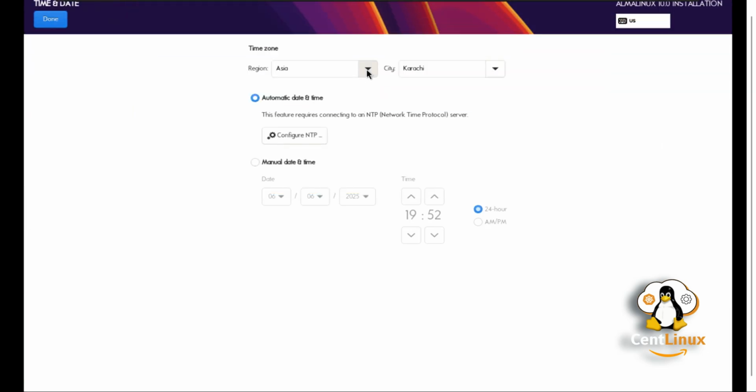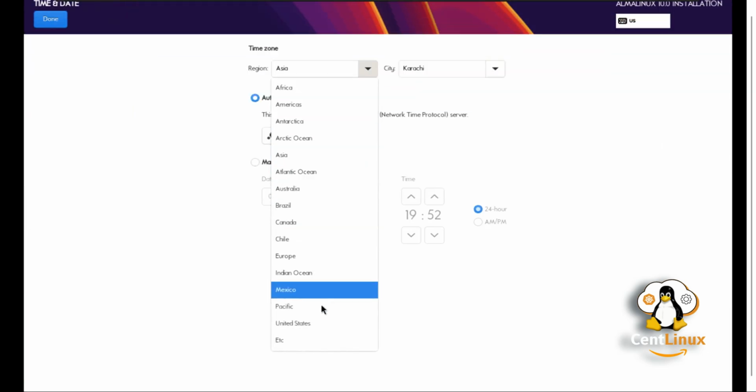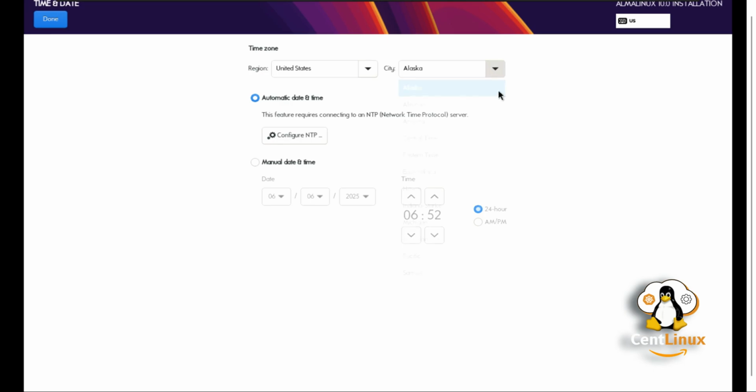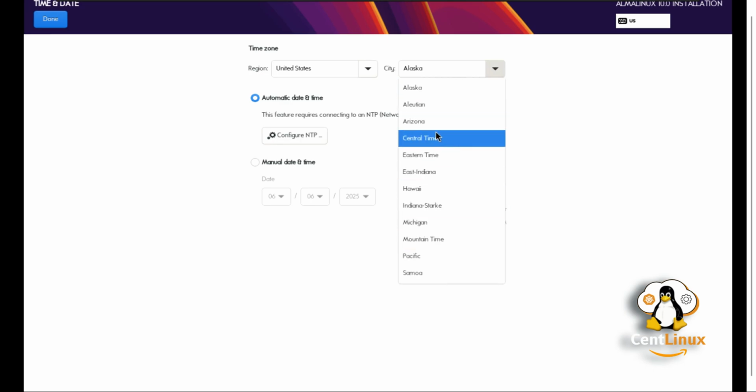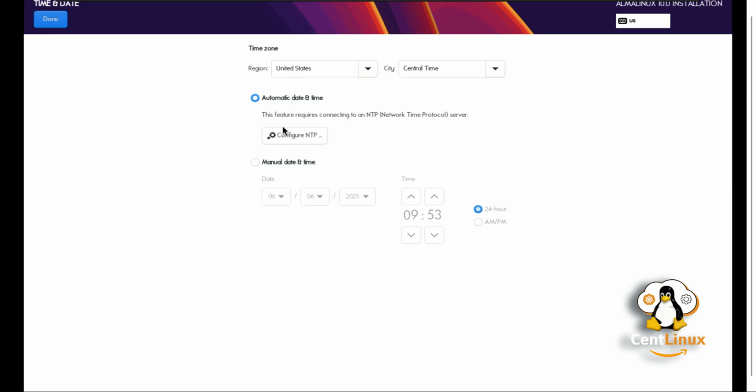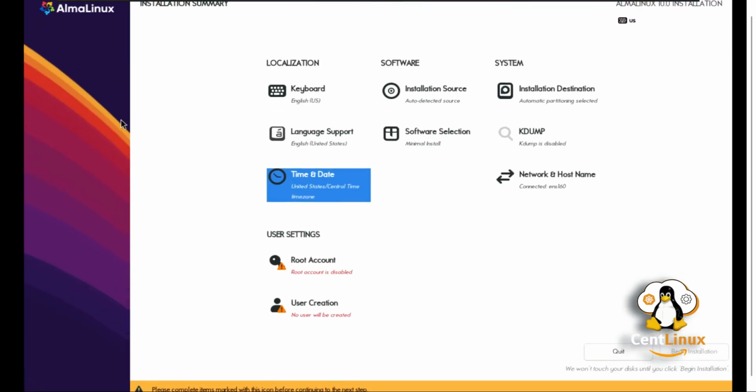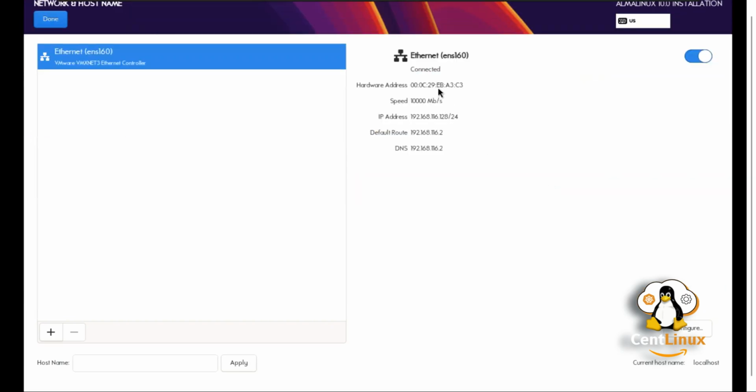Choose your desired time zone from the list. Assign a host name to your Linux machine.